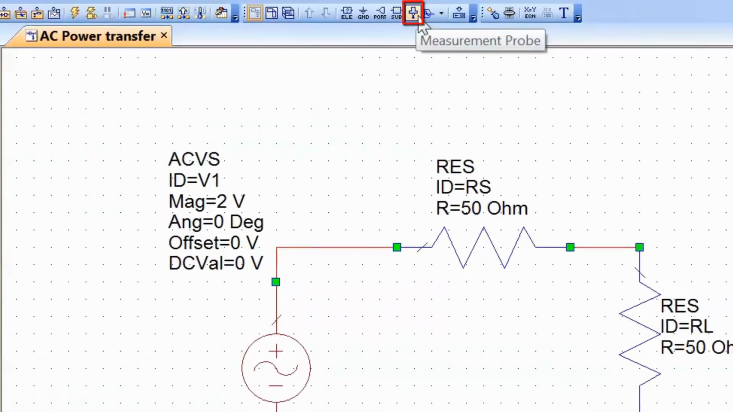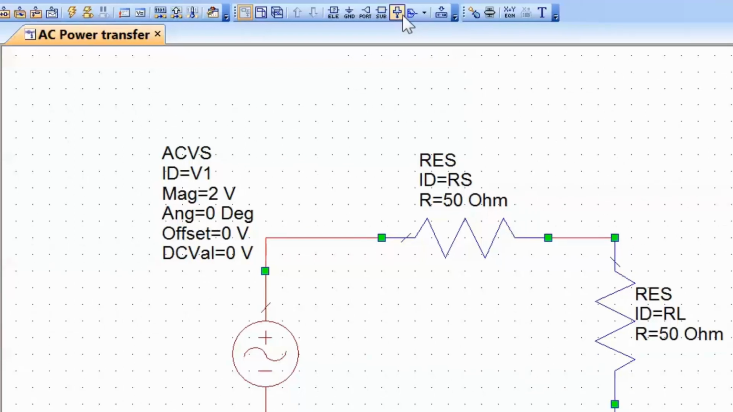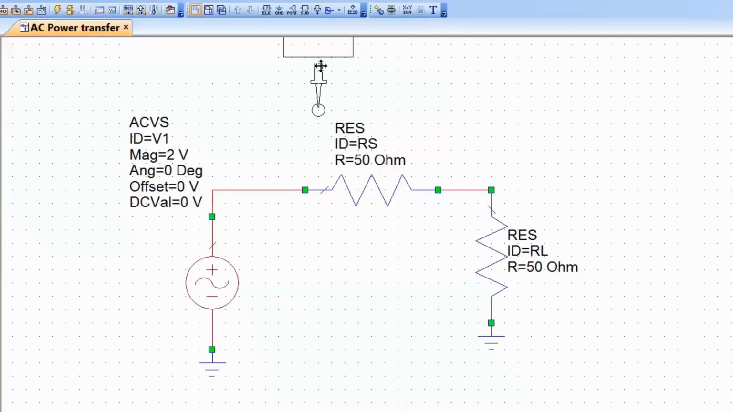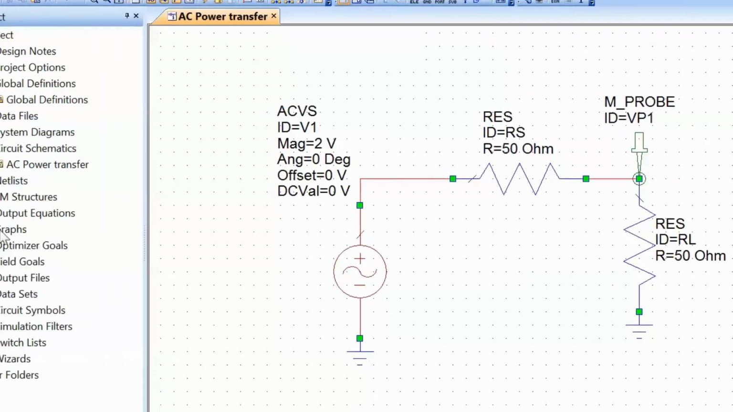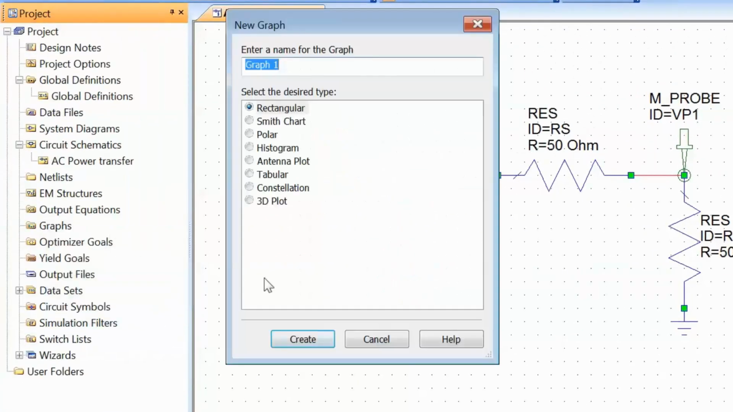So the measurement probe allows you to measure voltages and current at any point along the circuit, as long as you place it on one of the terminals of a specific element. You can't place it along some connecting wire somewhere. It has to be on one of the terminals of an element. So let's just click on this and then place it on the top terminal of our load resistance. This probe alone will allow us to measure both voltage and current, and this makes our schematic really quite nice, simple and neat. So let's right click on graphs, open a new graph, we'll call it AC voltage and current,